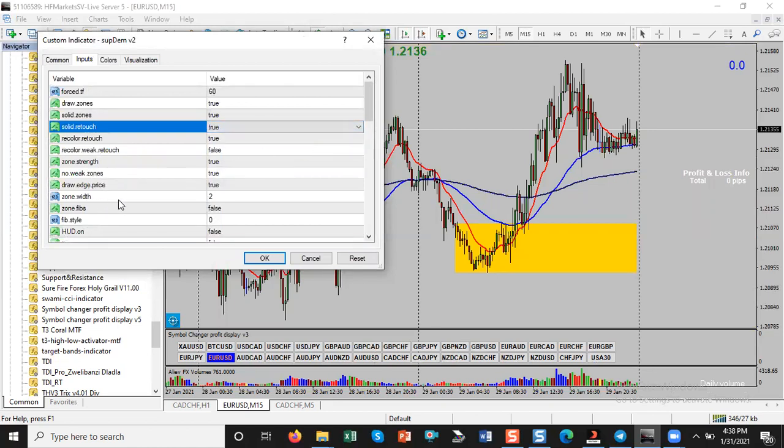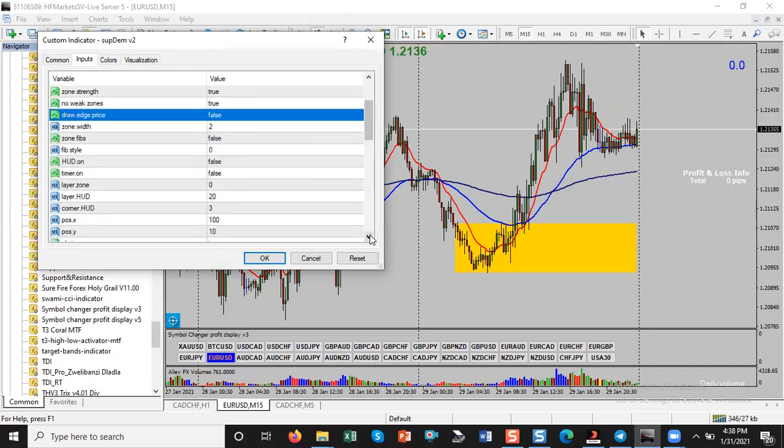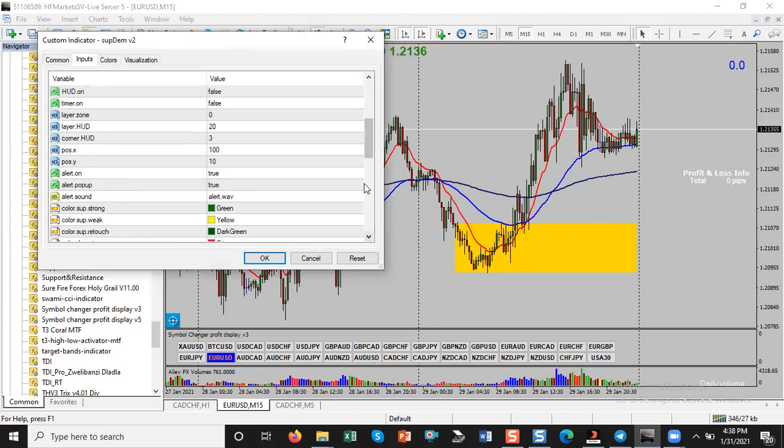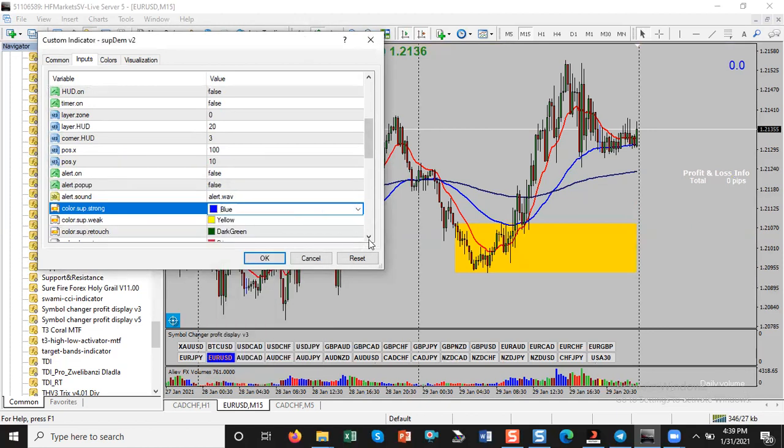Then draw edge price, false. Then the alert will change to false. This time the supply zone color will be blue,